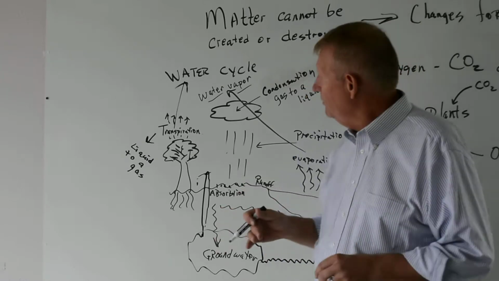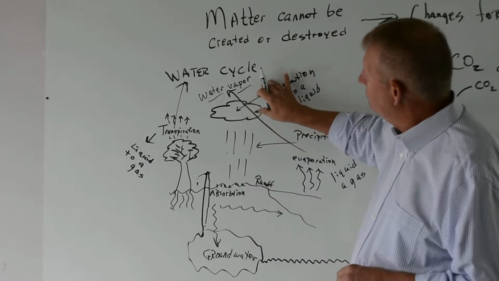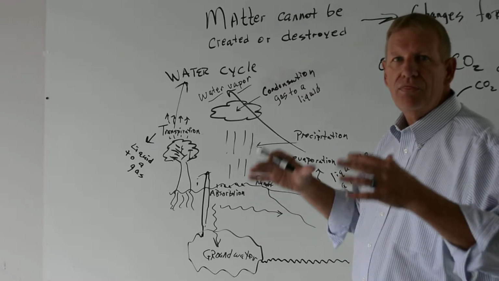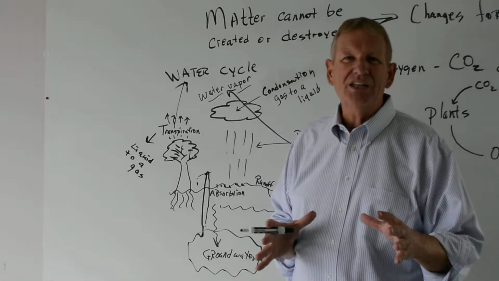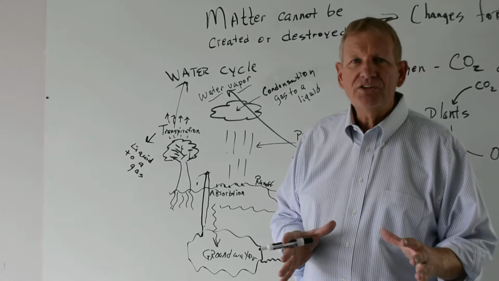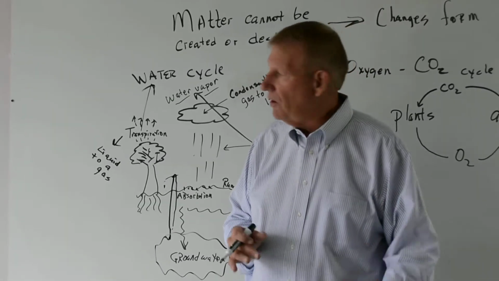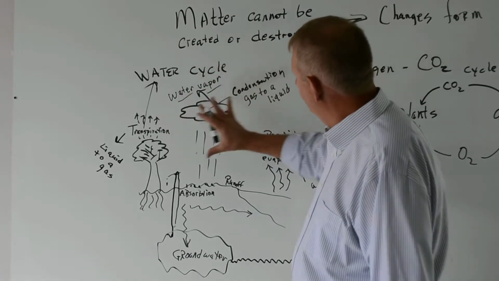Whenever an area has more water vapor than it can hold, then we begin to get rain, okay? So what's happening when the lightning hits? That's called nitrogen fixation. So here's all this water vapor up in the air.